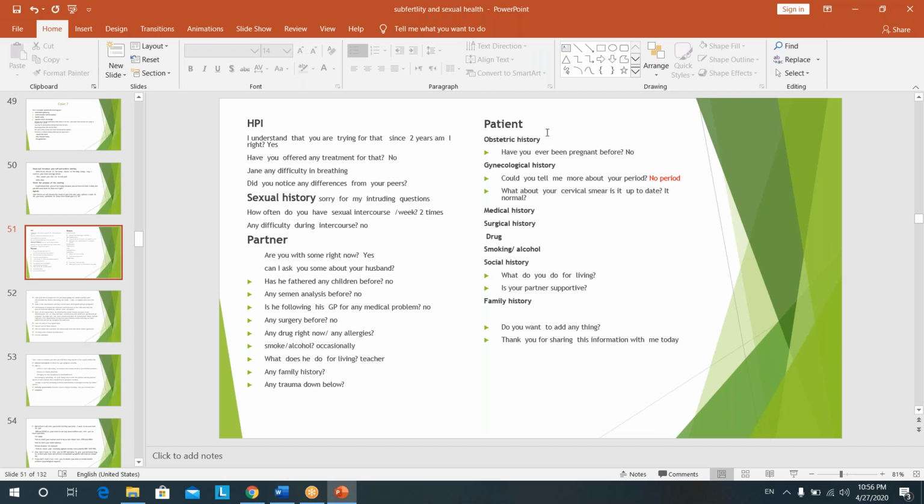Then coming to the patient's history, have you been pregnant before? She would say no, no at all, doctor. Okay. Here you know that this patient has primary amenorrhea, so there is no need to ask about her period, and this was written before in the